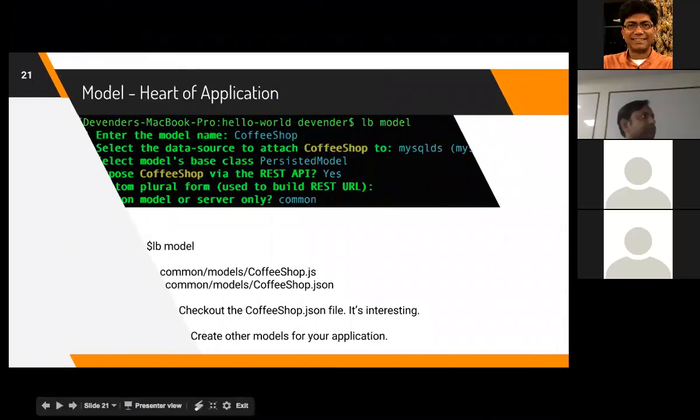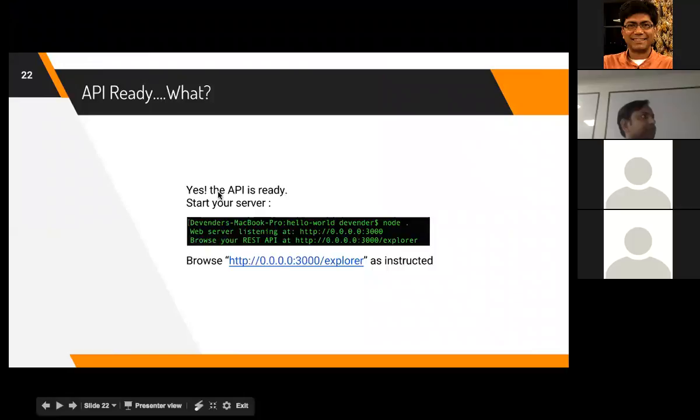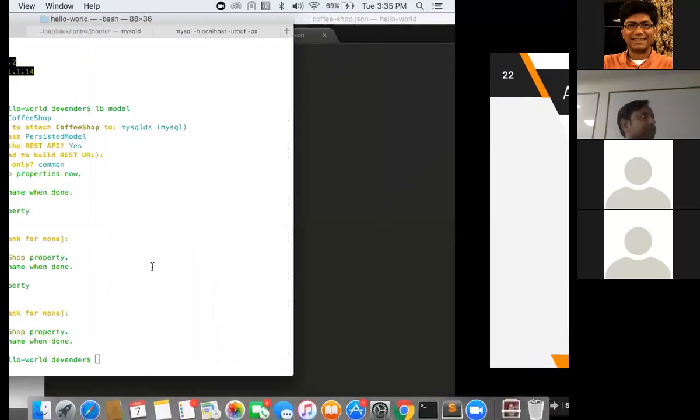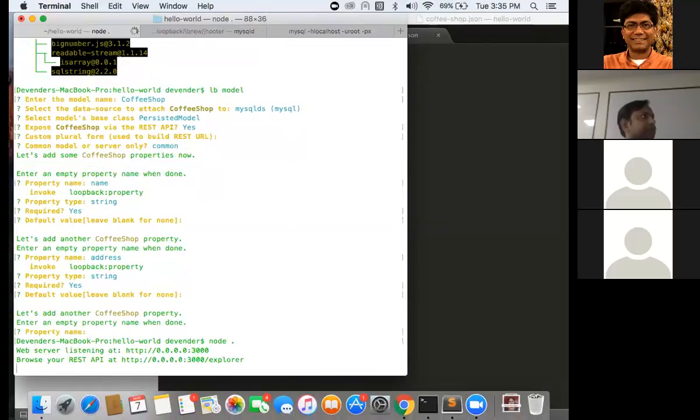Right. So we have specified coffee shop. And yes, your API is ready. You can just run your server. You say node. So this is your server endpoint, but there is a special endpoint to see